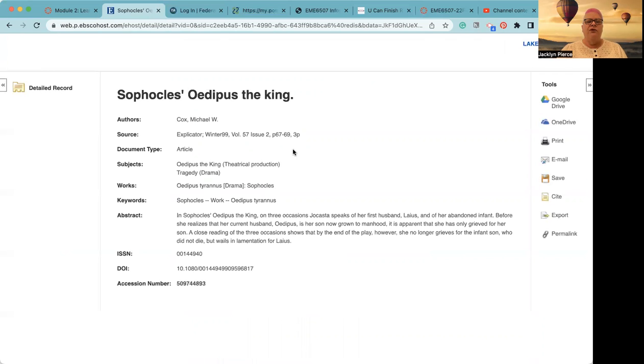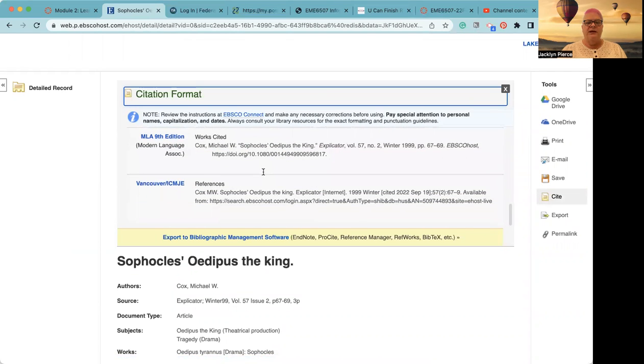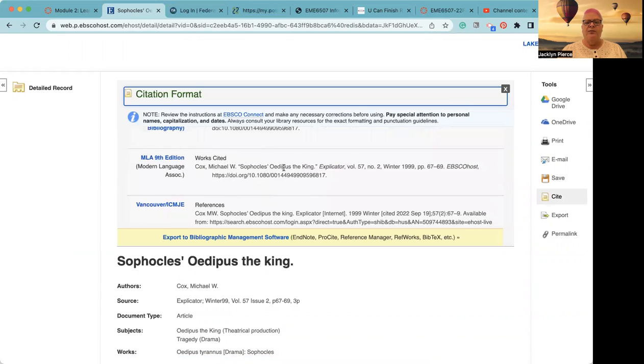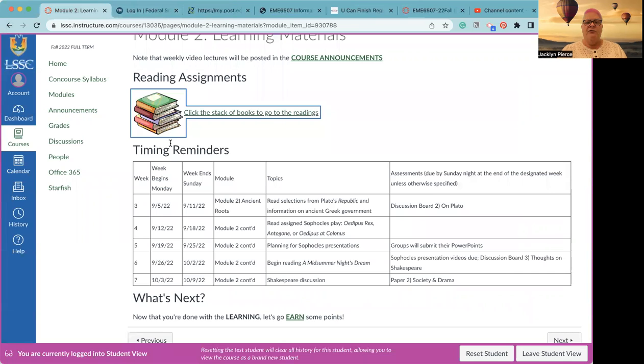So if you were going to use something from this, you would have the citation button right here, and you would use the MLA citation, which is right there. So keep that in mind if you are using those. They are great resources, but they also do need to be cited, but the citations are provided for you.